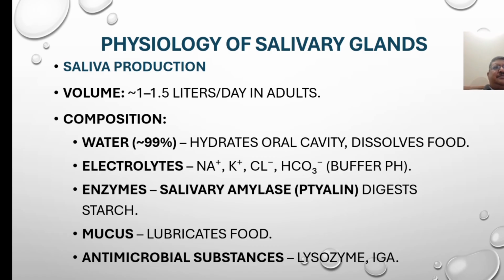Physiology of salivary glands. Saliva production volume is 1 to 1.5 liters per day in adults. Composition: water 99%, which hydrates the oral cavity and dissolves food; electrolytes sodium, potassium, chloride, and bicarbonate, which buffer pH. Enzyme: salivary amylase, ptyalin, digests starch. Mucus lubricates food. Antimicrobial substances,